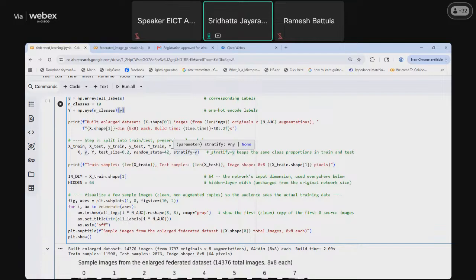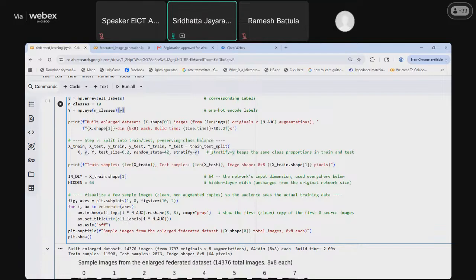So what train test split does, as I defined earlier, is split the data set into train and test depending on the percentage of the test split that we have given. In this case, it's 20%, and the random state is 42 to get the reproducible split.